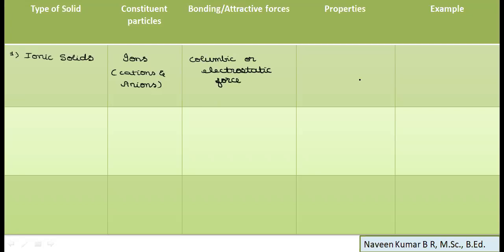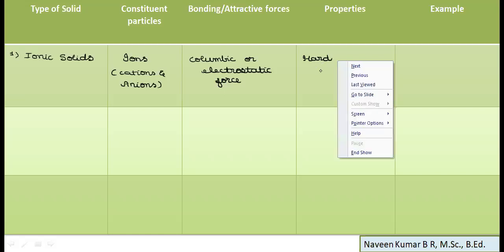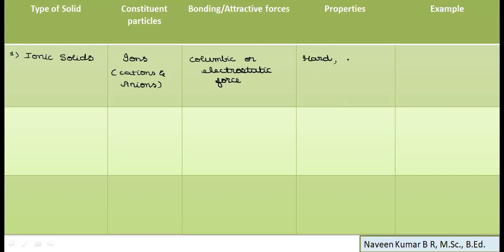Now, as we all know, ionic compounds are all hard in nature. And if we consider a few more interesting pieces of information, the majority of these are brittle. That is, the crystals of ionic compounds are generally shining in nature. So they are hard, as well as brittle.